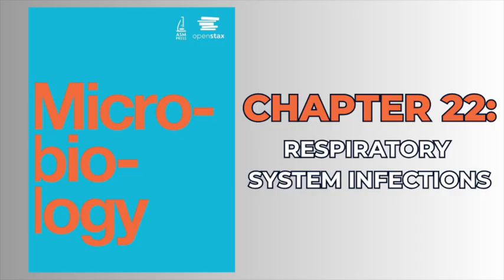Chapter Outline. 22.1 Anatomy and Normal Microbiota of the Respiratory Tract. 22.2 Bacterial Infections of the Respiratory Tract. 22.3 Viral Infections of the Respiratory Tract. 22.4 Respiratory Mycoses. The respiratory tract is one of the main portals of entry into the human body for